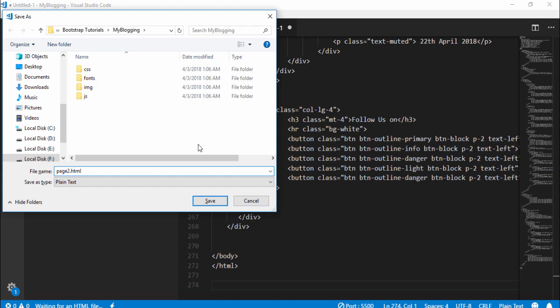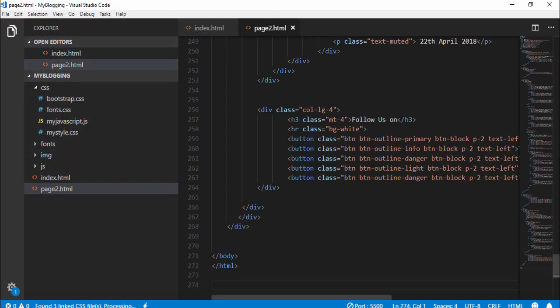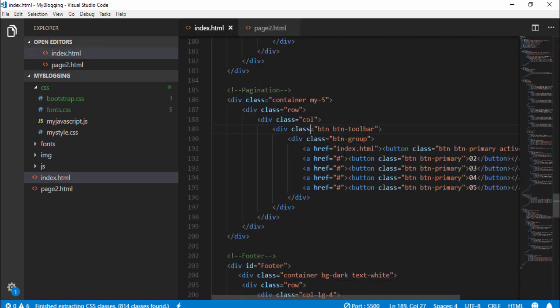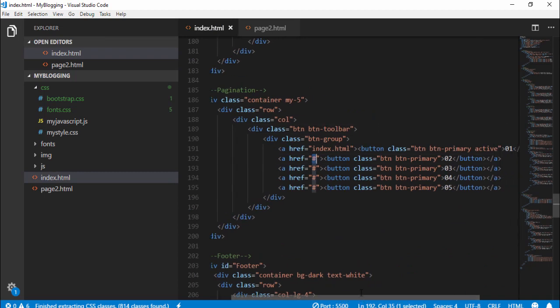You can write any name as you like, right? Now go to the about section and change the title to page 2 posts. Okay, the next thing is go to index.html and in the second link or second button you need to include the second page number or name,